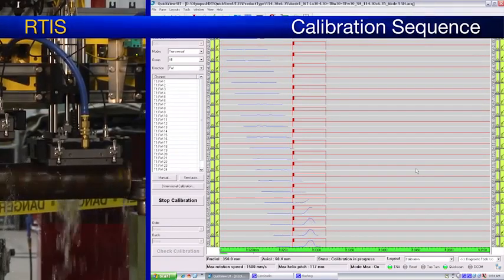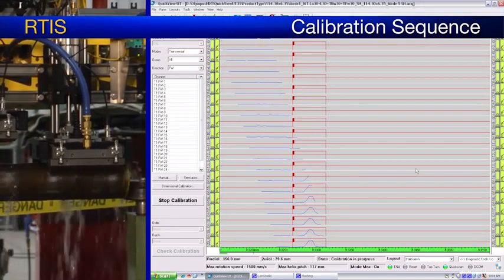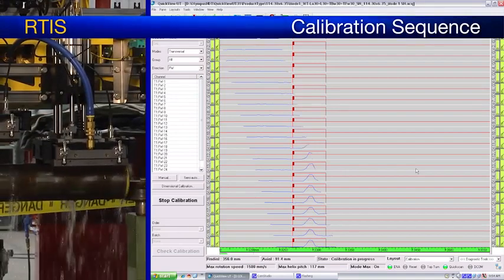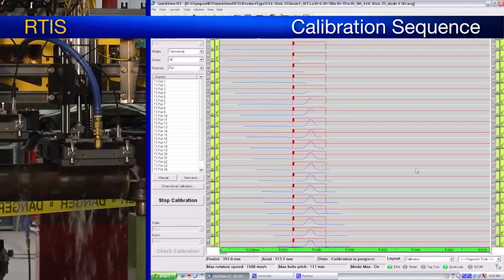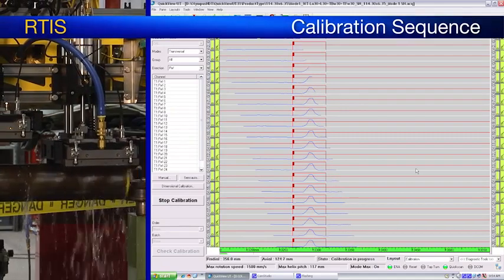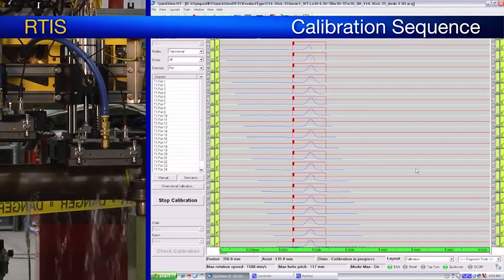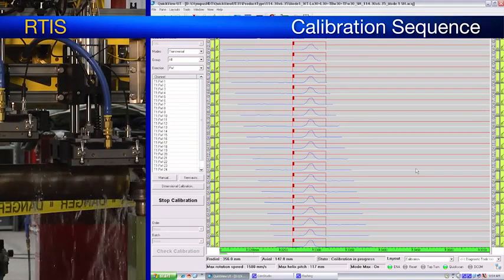The goal of the calibration is to equalize the response of every aperture to a target of 80% plus or minus 5%. The precision can be adjusted by the operator.